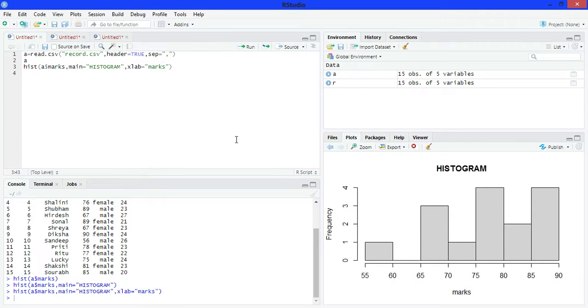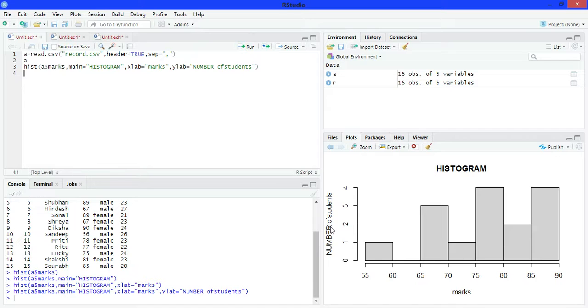Now if you want to give a name to the y-axis, then write ylab is equals to number of students. Run it. See here, number of students is the name of the y-axis.